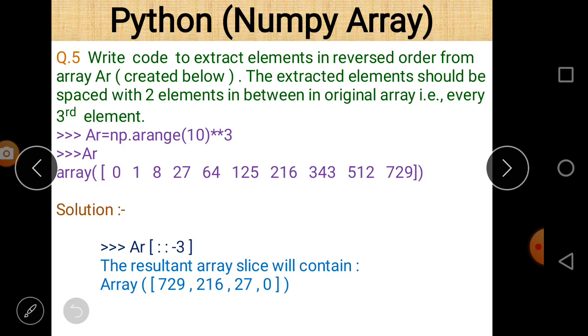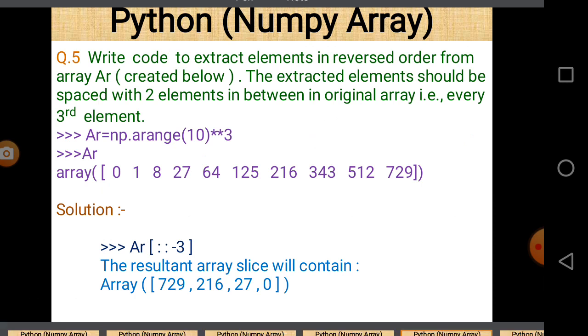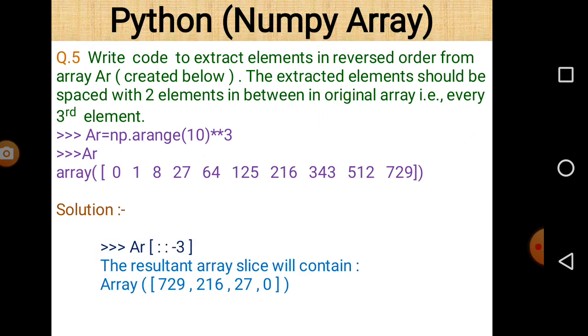Question number 4: write a code to extract elements in reverse order from array AR created below, and the extracted elements should be spaced with 2 elements in between in the original array, that is every third element. So the array is already given. This is the array,